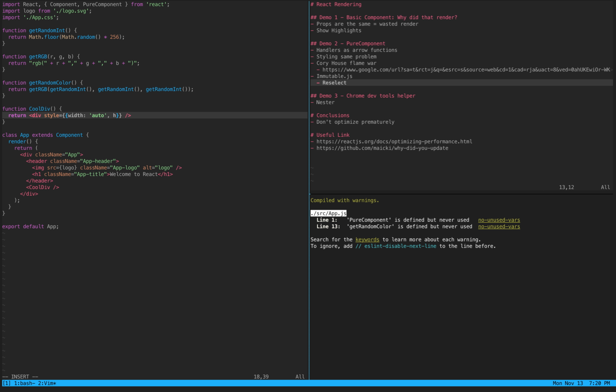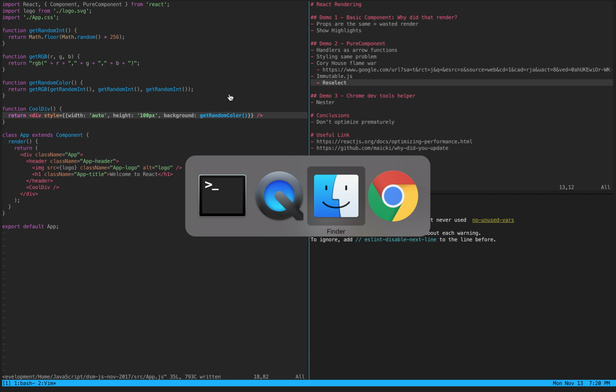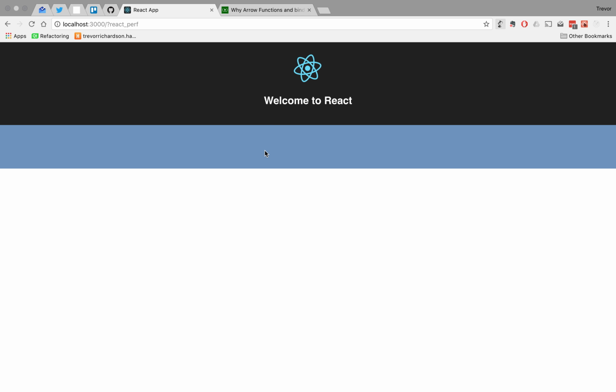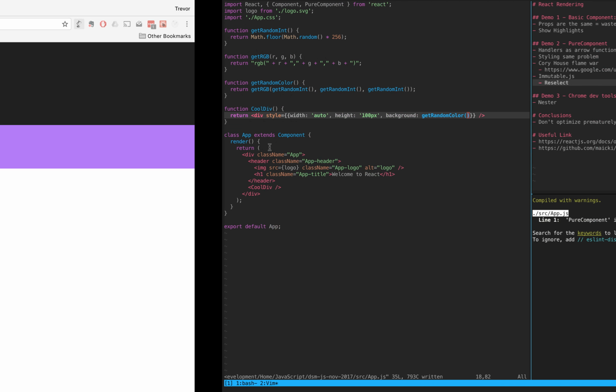Height is 100 pixels, and color, background is get. This is something that I built, a little RGB colorizer, and all it's going to do is create some random color, just so that we can see what's changing in the DOM. So we've got our div here. Every time I refresh, that should change color. So right now we have no way of interacting